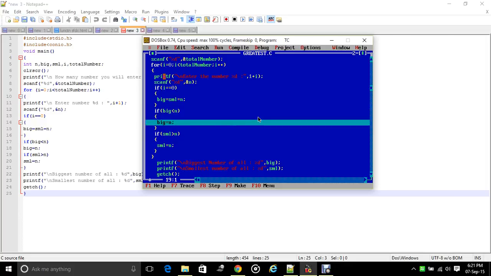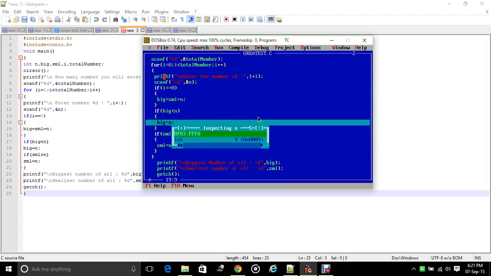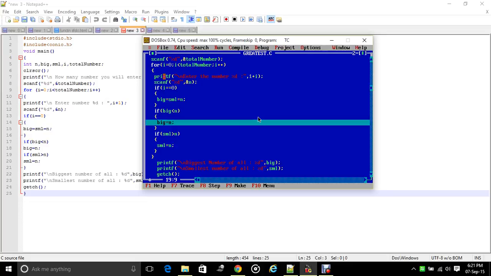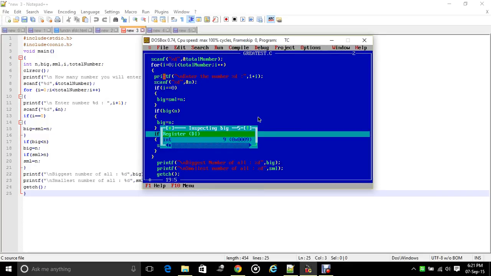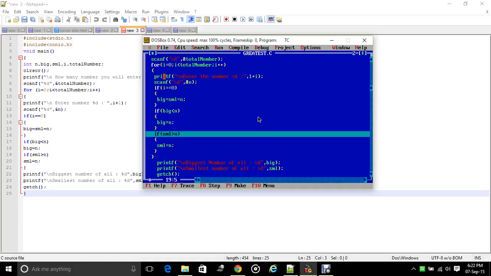Now the n value will be assigned to big, because big is holding 7 and n is holding 9, and as soon as we press the F7 button, now we can check the big value. See, it's increased to 9.